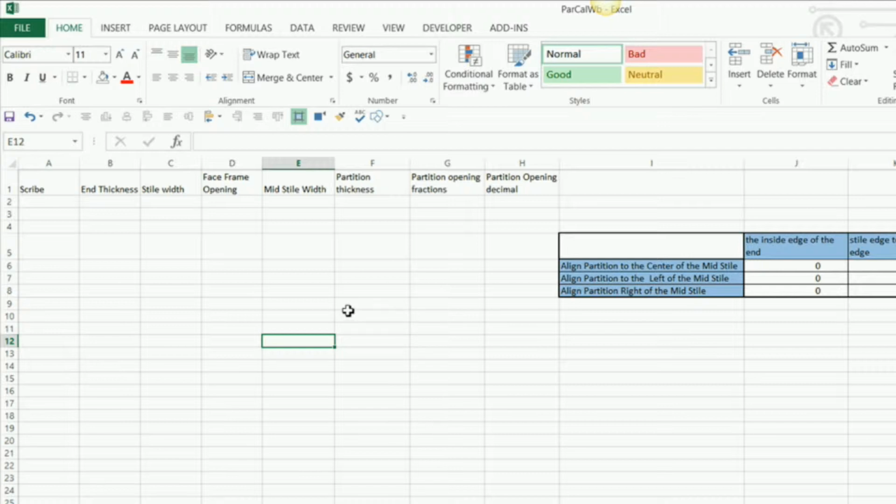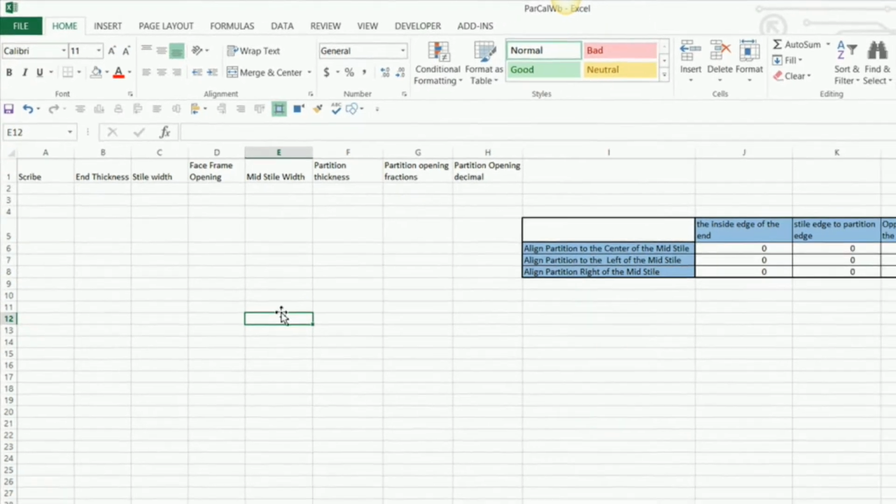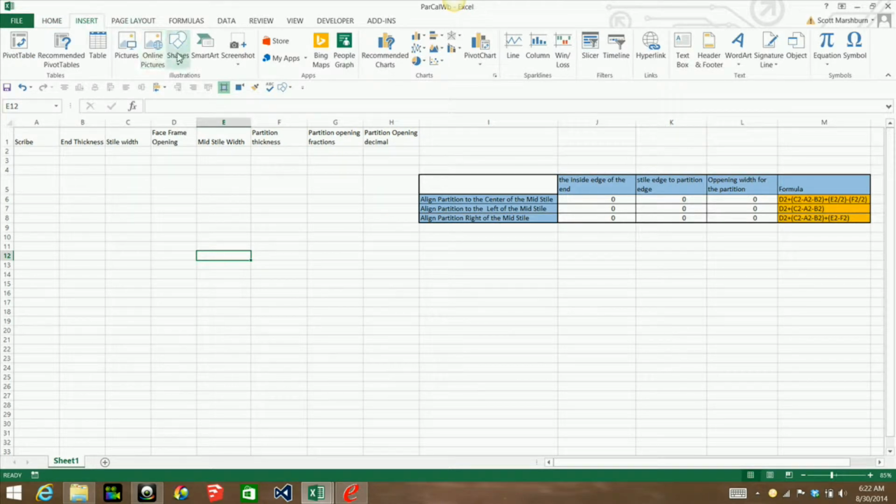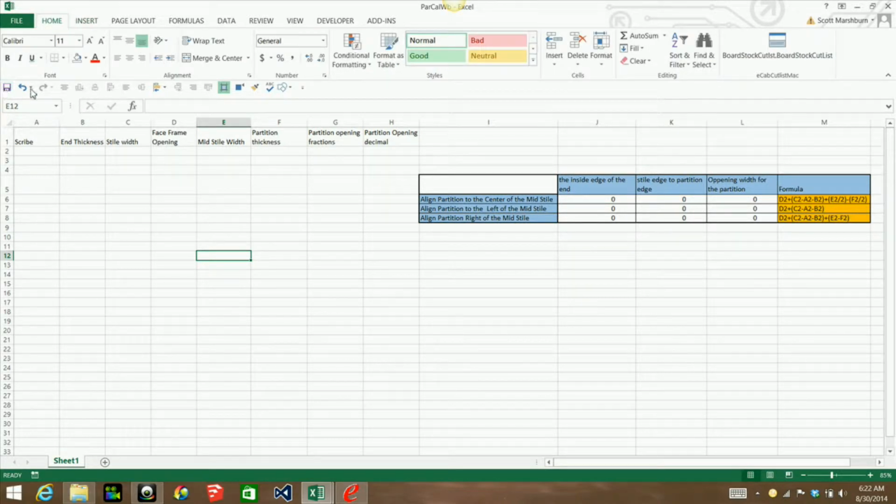A couple more tools that are not necessary, but if you want to follow along with this demonstration, you're going to need either under Insert, Shapes, or under your Quick Access toolbar, you can have Shapes here. You'll probably want to have Snap to Grid and Snap to Shape, and then your alignment tools. So in order to get these on the